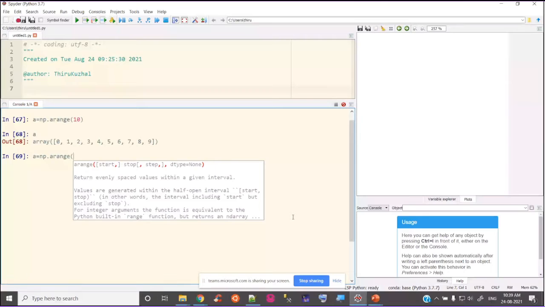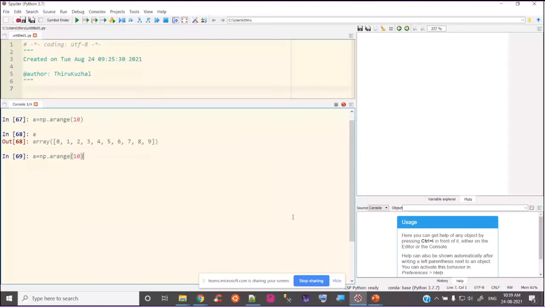So here I have 10 and I want to change it with reshape of 2 comma 5. So this is np.arange.